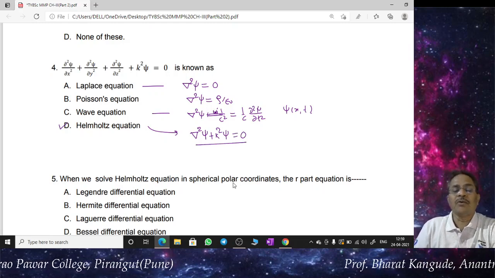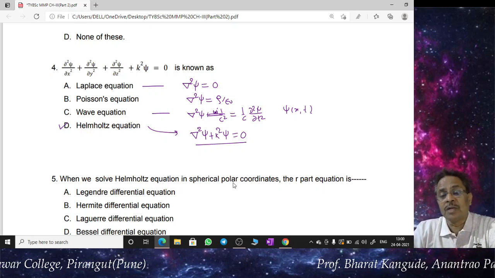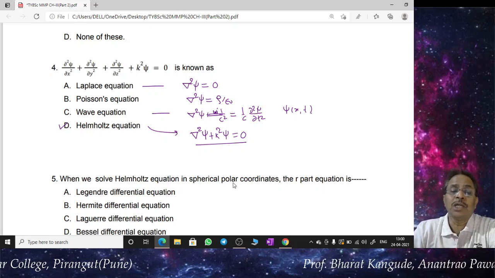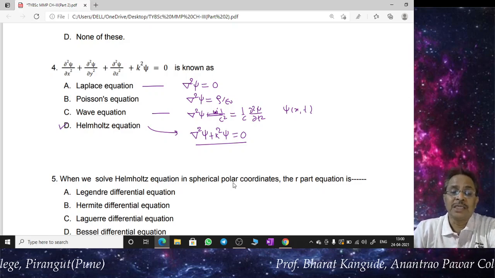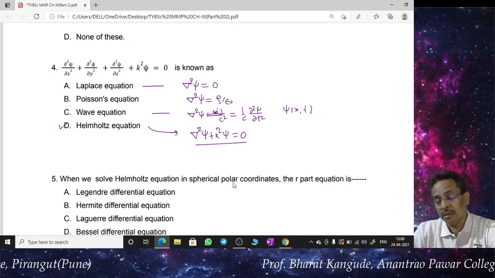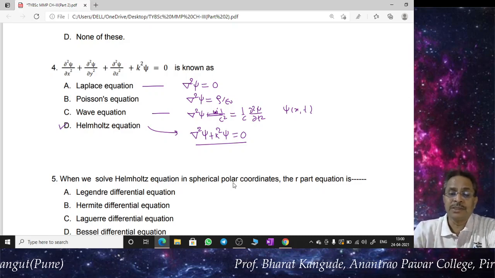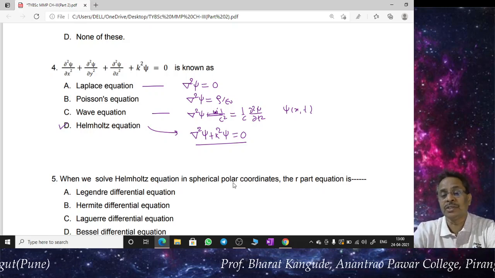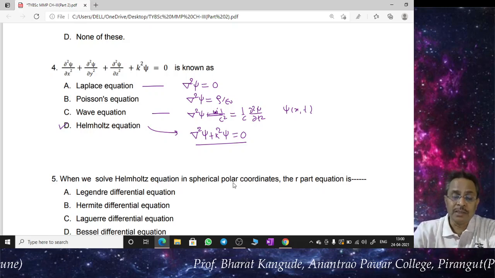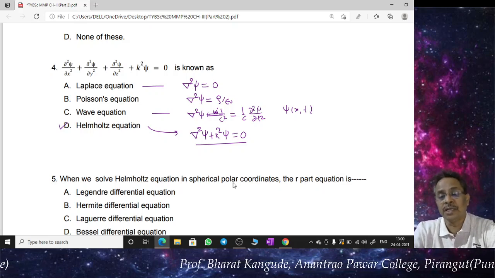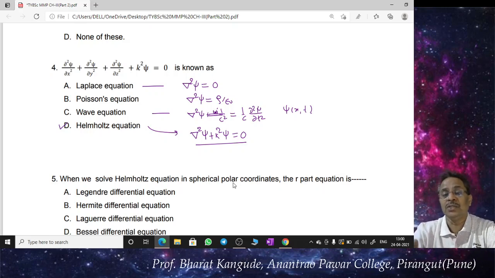So this is the standard format of the Helmholtz equation, which is very frequently used in thermodynamics as well as in electrodynamics and some other branches of physics. That's what the equation given in question number 4 basically is, a Helmholtz equation. We can solve this Helmholtz equation by the separation of variables method, either in Cartesian, spherical or cylindrical coordinate system, and based upon that we come across very important equations that are used in physics.